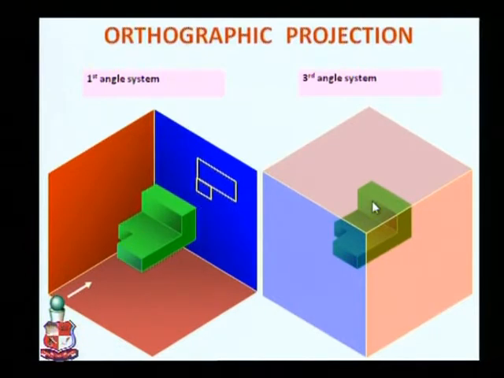Similarly in third angle, this is another rectangle. We can draw it like this. So this would be its front view. Similarly in the third angle projection method, this is the observer, this is the object, and between observer and object the plane is there. This is the projection plane. So the projection of this object can be represented like this. So this is according to the third angle projection method, and this is according to the first angle projection method.